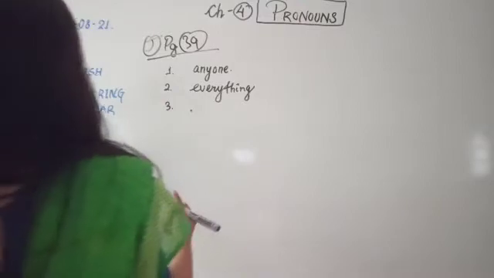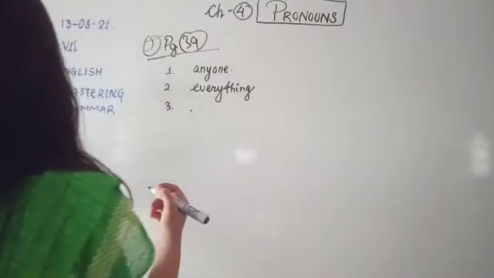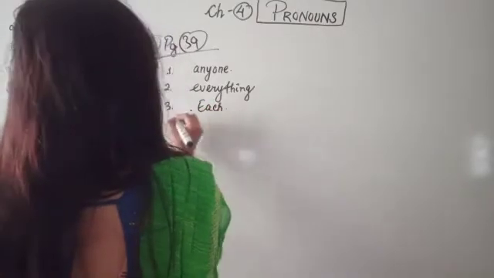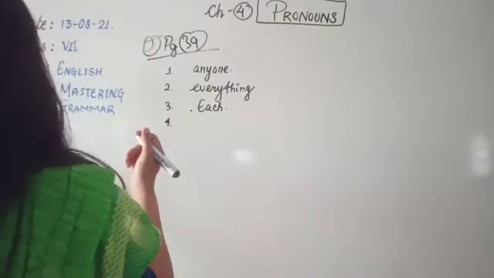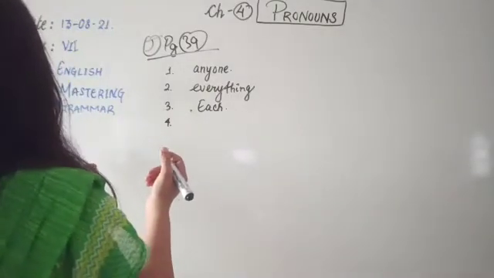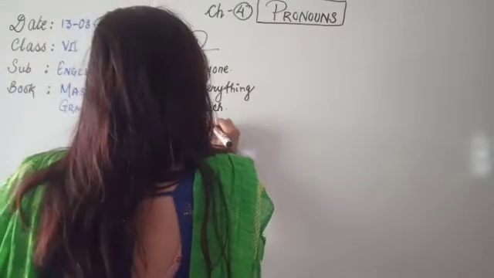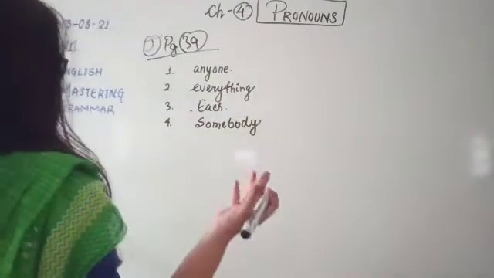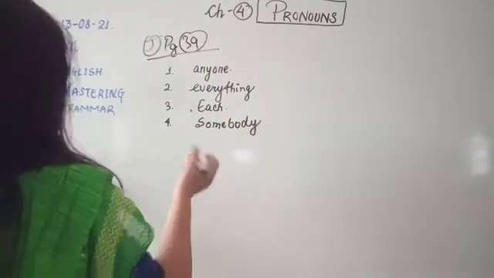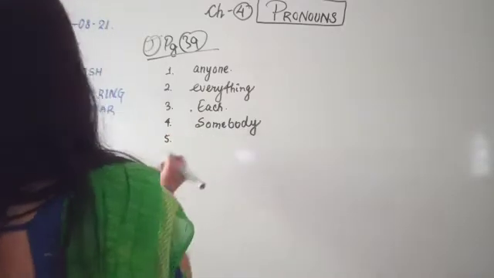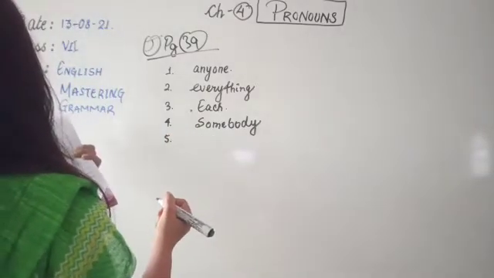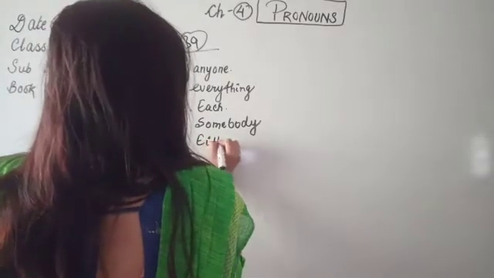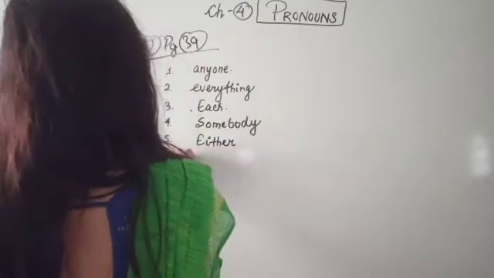Number 3, dash of you must bring a bottle of water. Each of you. I am talking about each person. Number 4, dash from the management should give us somebody. Because I am positive, any is mostly used for negative. So you are not going to use it if you mean a negative sense. Somebody is used in a positive sense. Number 5, dash of you can come along with me to the principal's room. Either of you. Either means either you or the other person, which means there is a choice.